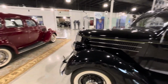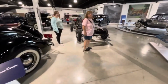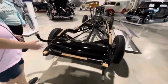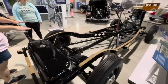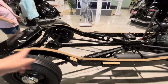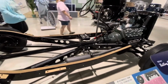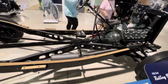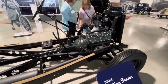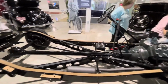So I think we looked at this car here. Right there, Margie's standing by a Ford chassis. This is what they build everything on. This is the chassis, so you've got the chassis rails and the cross members and everything like that. Rolling frame, that's what we build at work. And behind me,